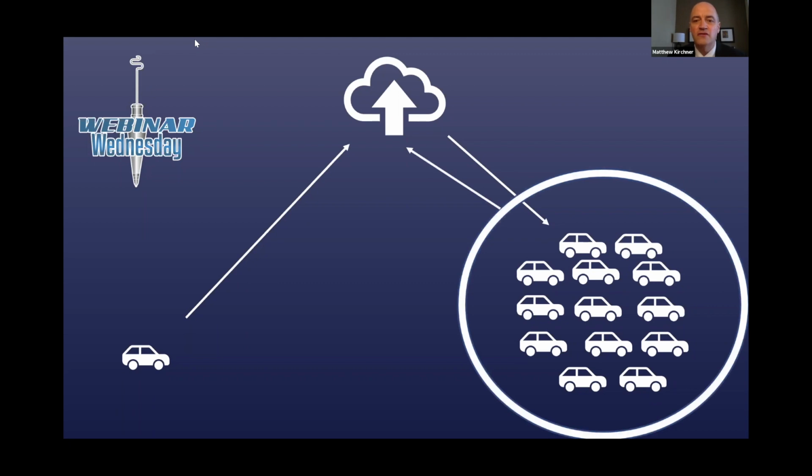And so we take all of that data coming from every single one of those vehicles and send it back up to the cloud. And from the cloud, it goes back down to every single individual car. And over time, every car is as smart as all of the cars put together. And that is part of what is revolutionizing our world using artificial intelligence and machine learning, the topic that we'll